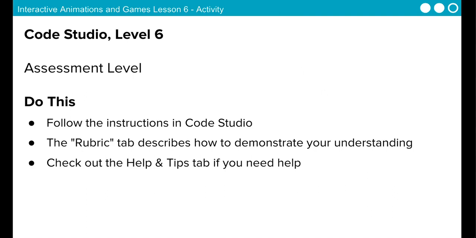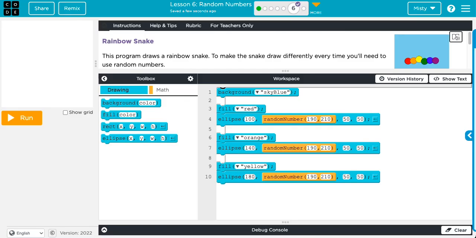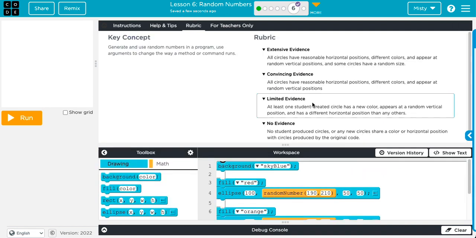Level 6 is the assessment level. So you're going to follow the instructions in Code Studio, and the rubric tab describes how to demonstrate your understanding. So rubric, this is how you're going to be scored, okay? All circles have reasonable horizontal positions, different colors, and appear at random vertical positions, and some circles have a random size. So if you are not changing anything,